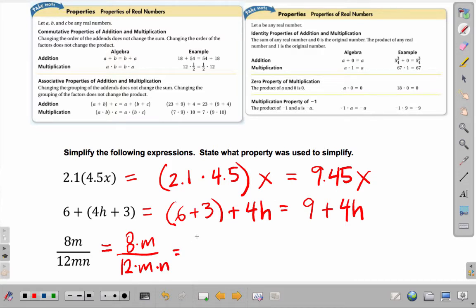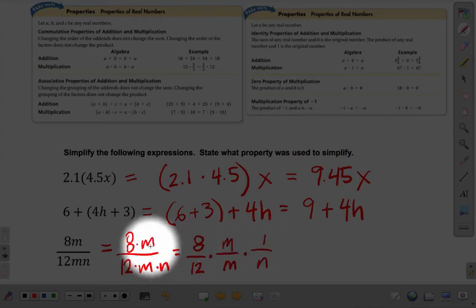So what we'll do is we'll take the number part in the numerator and denominator and separate that into its own fraction, 8 over 12. We'll take the like variables, m over m, in their own fraction, and then we'll write 1 over n for our third fraction. The reason that we have 1 is because in the numerator, in the original problem, we had